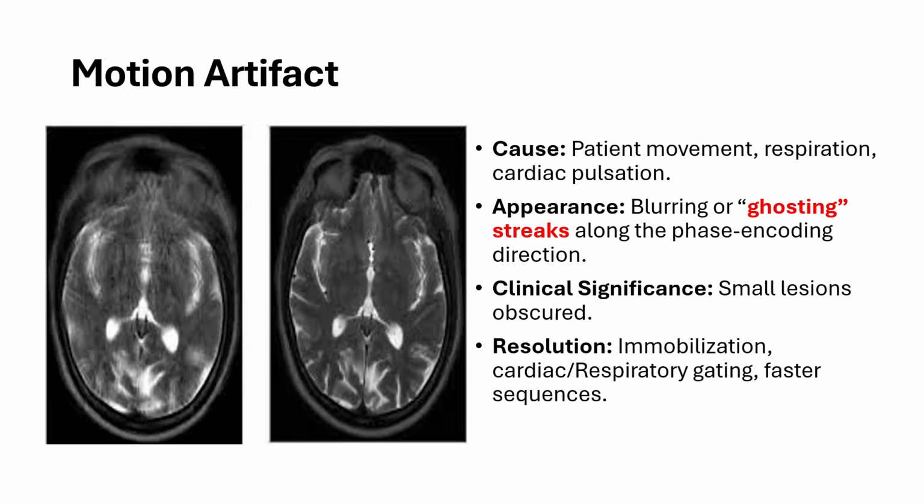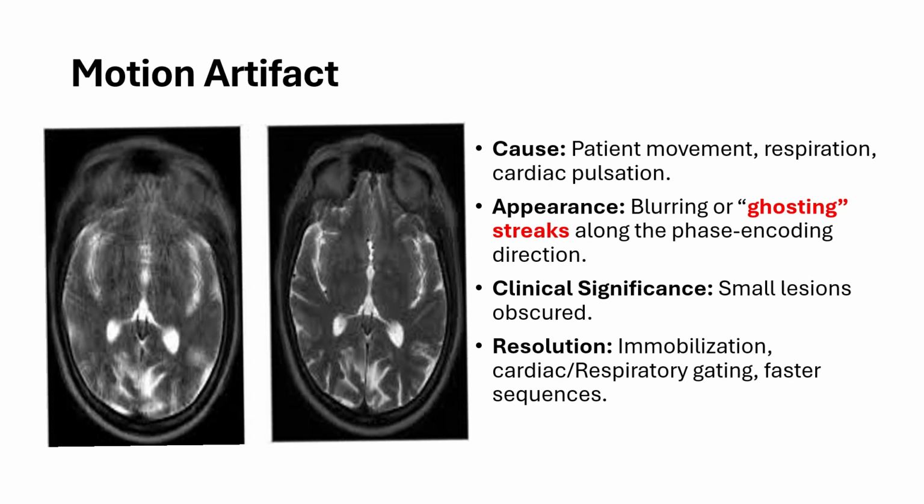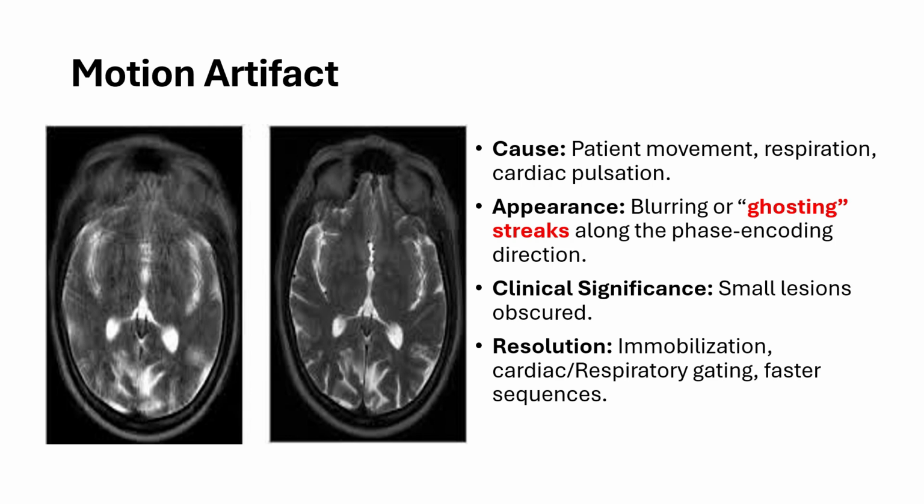The most common type of MRI artifact is the motion artifact. So what is it caused by? It is caused by patient movement itself, respiration or cardiac pulsation. This will lead to blurring or ghosting streaks along the phase encoding direction of the image. So this is the image showing